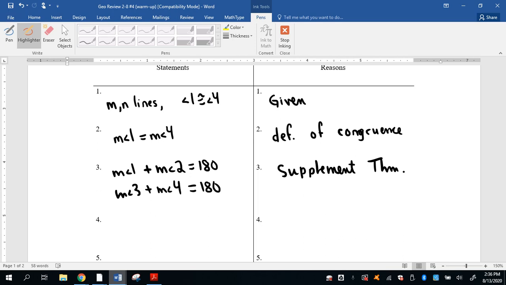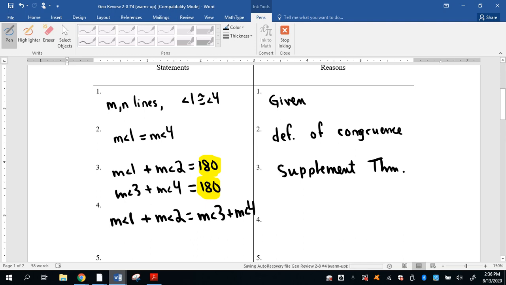Okay, raise your hand if you think you know what statement 4 is. Okay, I will answer the question. Since they both equal 180 by the transitive property, they equal each other. Who had that correct? Nice job, a couple of you guys, but not all of you, so we need to work on practice. So practice proving the vertical angle theorem, and then this proof will be really easy. So this is by transitivity,